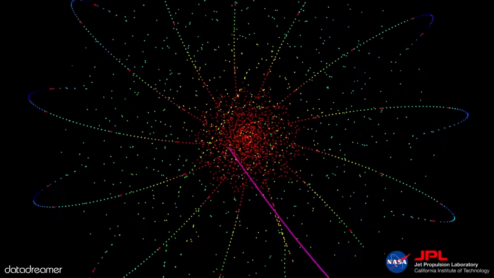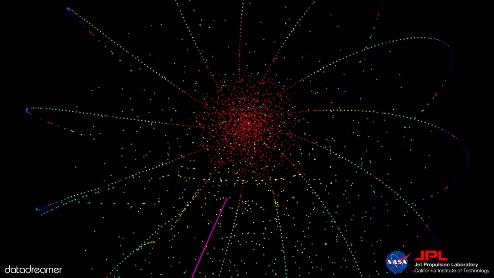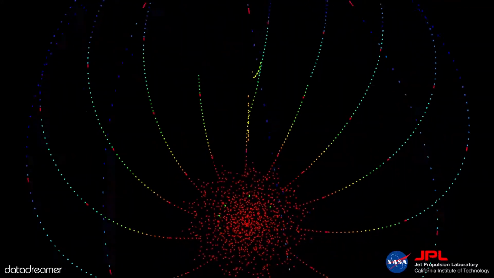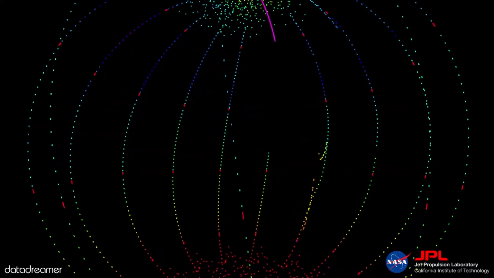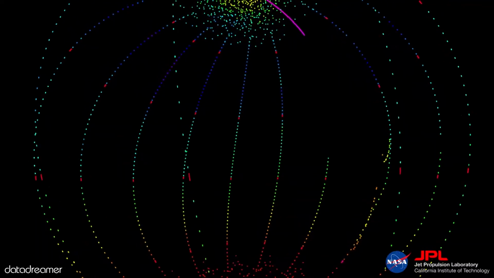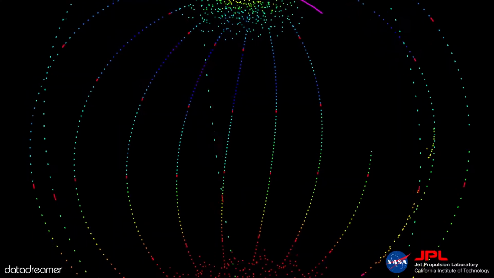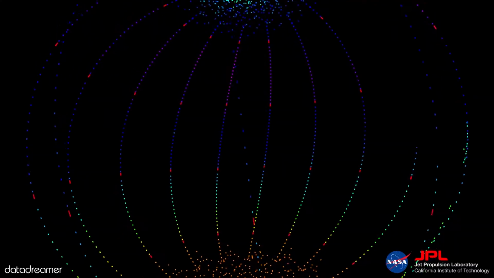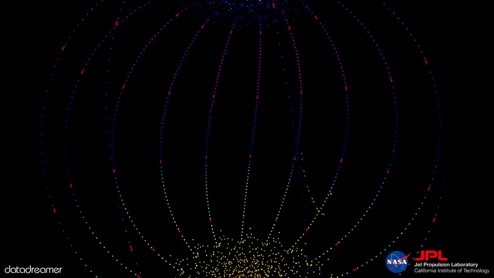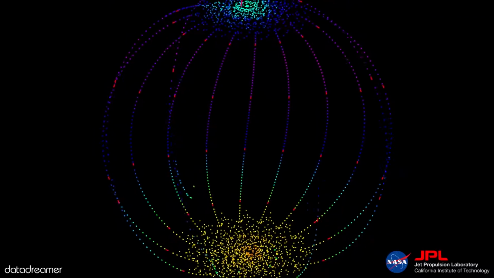Part of the mission for the Mars Climate Sounder was studying the polar ice caps. They wanted to see how water ice moved over the seasons. So you see these straight lines until it gets to the poles, at which point it does this kind of shotgun scatter scan because it wants to get as much information as possible about the poles. And then you also see here an artifact as if it got off course. That's because the whole satellite rotated for a second so that the HiRISE camera could take a really nice photo of a geographic feature. So there are these things you have to look for in the data that you'll discover are maybe artifacts of something else.